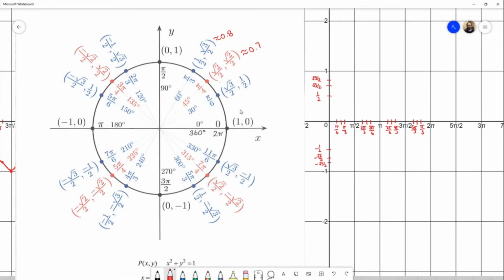Now cosine at 0, we're looking at the x-coordinates of all these points now. Cosine, when our angle equals 0, or when our input equals 0, the x-coordinate of the corresponding point is 1. So we start off at 1 here. At pi over 6, we move down to root 3 over 2. At pi over 4, we go down to root 2 over 2, move around to pi over 3, we're at 1/2,